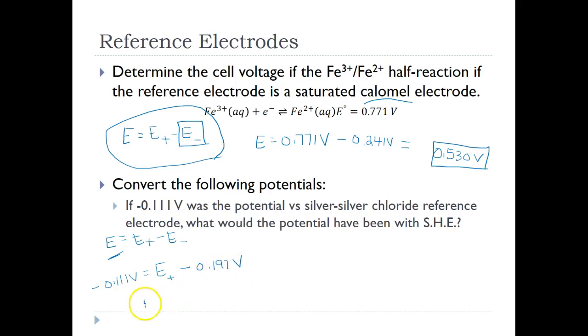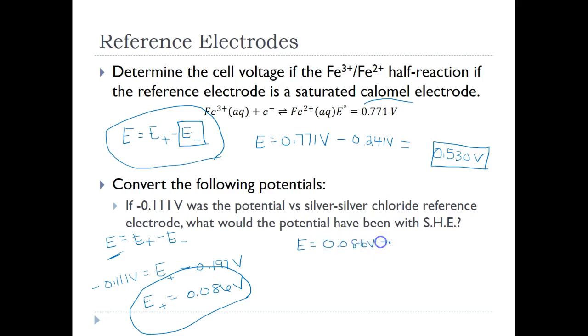So if I just plug those two numbers in, can do a little bit of math and get 0.086 as my cell potential for E plus. That's just beautiful. Okay, so negative 0.111 is what the potentiometer says. This is the actual potential for just that one half reaction. So the question then says, what would the potential have been with a standard hydrogen electrode? Well, in this case, we're solving for E. We don't know what the instrument would have said. E plus, we just solved for that,